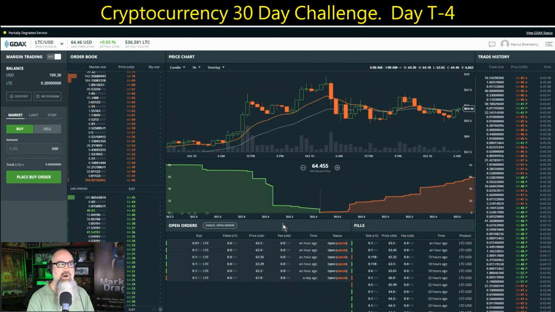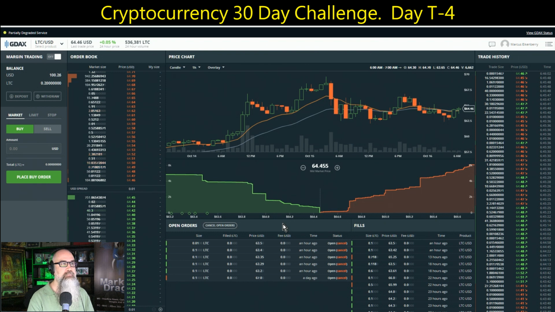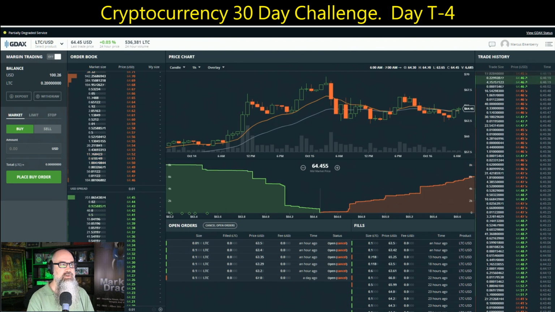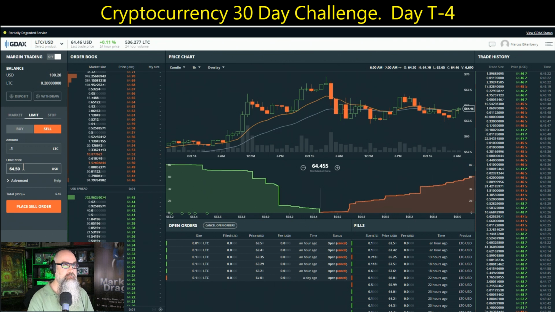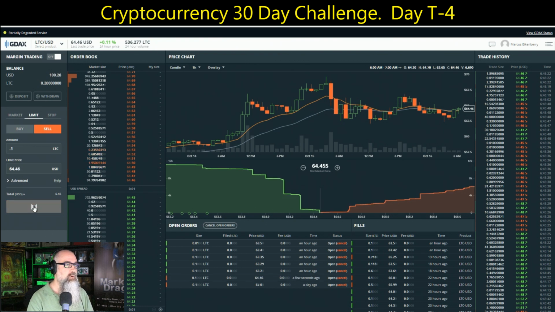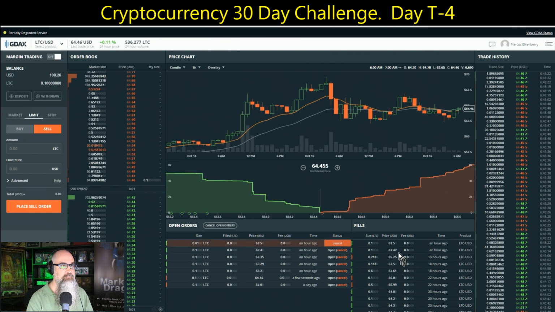With these, I've been just doing $2 or $1 in between with Litecoin, which basically nets me more than 1% on each one of them. It's not quite 2%, it's more than 1%. So what I can do here is I've got this 63.42, and I'm going to put that at 64.50. Let's see, limit, sell, 0.1, 64.50. Actually, let's do 46. All right, so that's just a half a cent above. It's right there. And then this 63.50, so we're going to do 0.1,